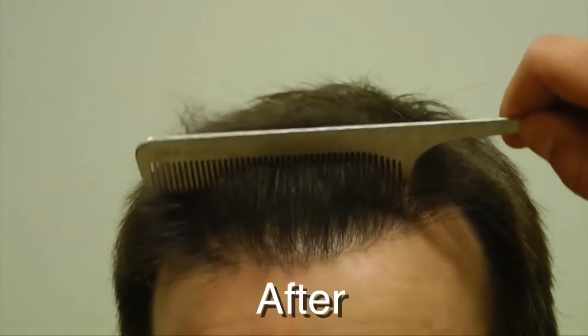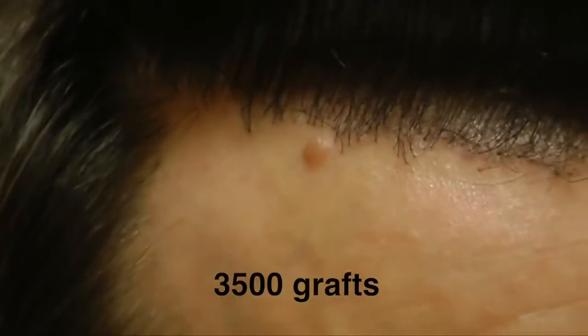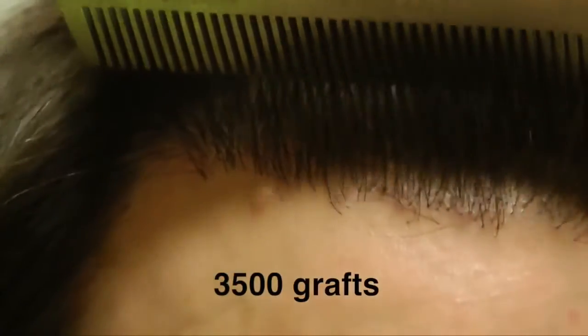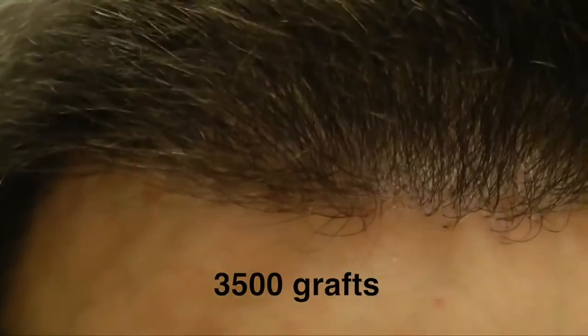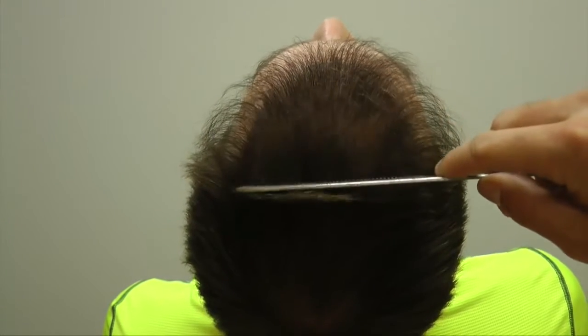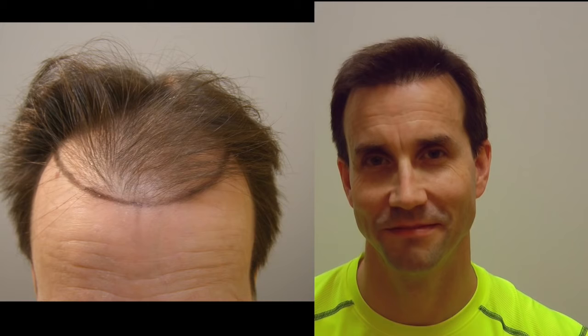thickening after this video. A couple of things to note. A great hair transplant is always symmetrical, meaning that the density is even in the frontal 1/3, mid-scalp, and crown, even in the areas where we did not transplant. A truly natural, 100% undetectable hairline, recreating Mother Nature's imperfect perfections. This is an overhead shot of the patient, and you can see here, even at 6 months, the growth is